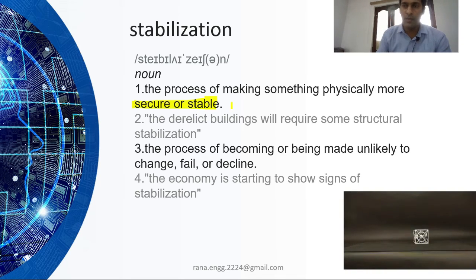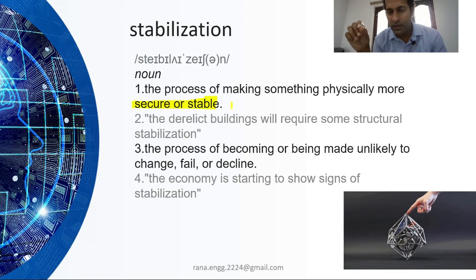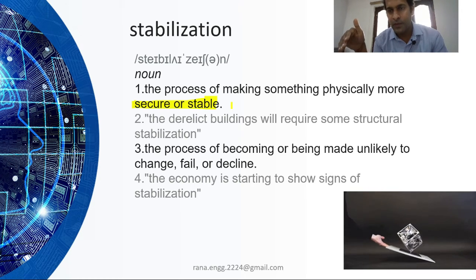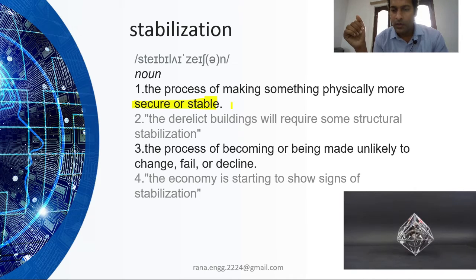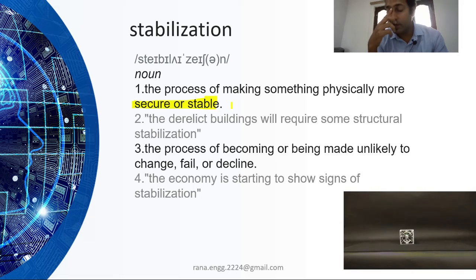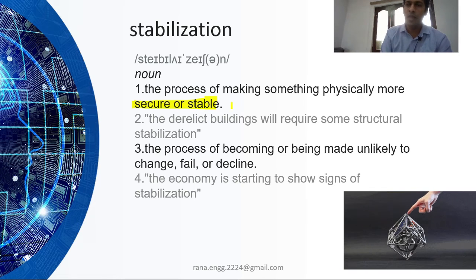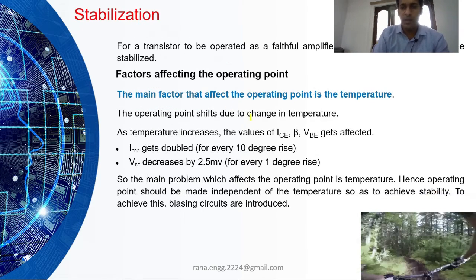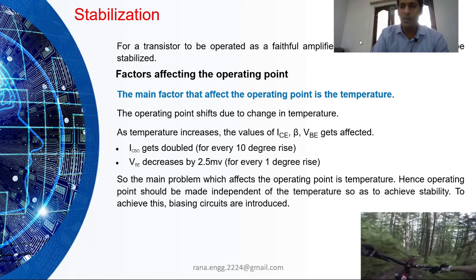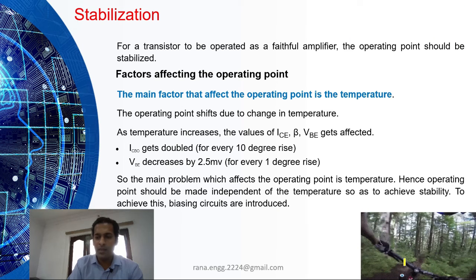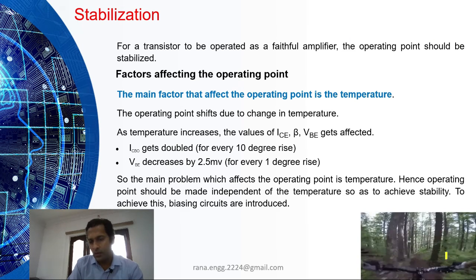We have to balance it because it depends on the Q point. The Q point is somewhere on the load line. If it goes above or down, which we don't want, then what will happen? We will not get amplification. We need to stabilize our system. It is like balancing, right? So what is here in stabilization? It's like if you ride a bicycle.